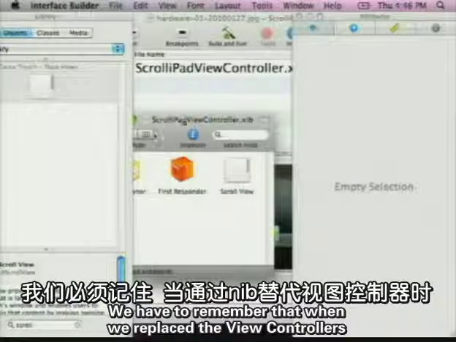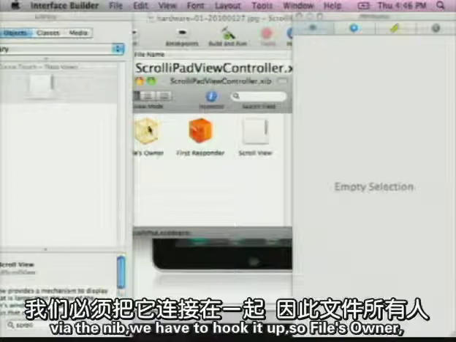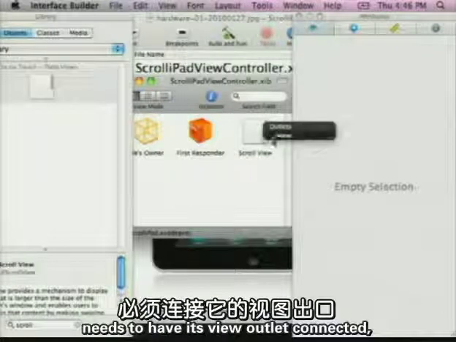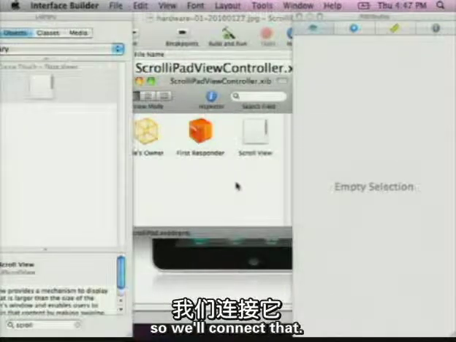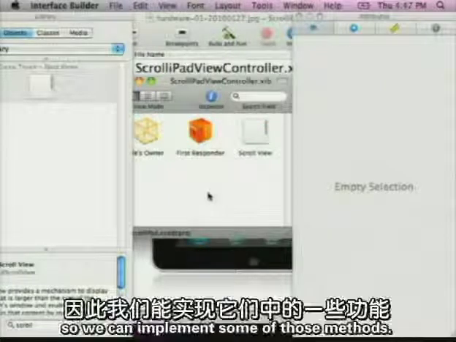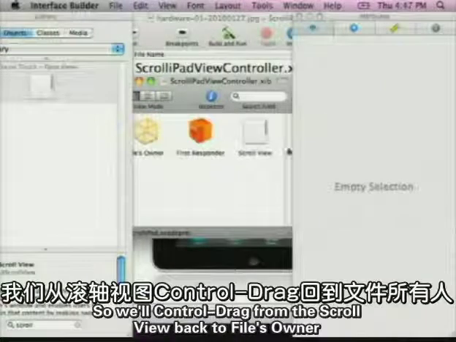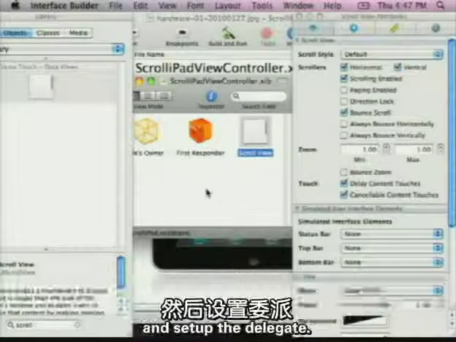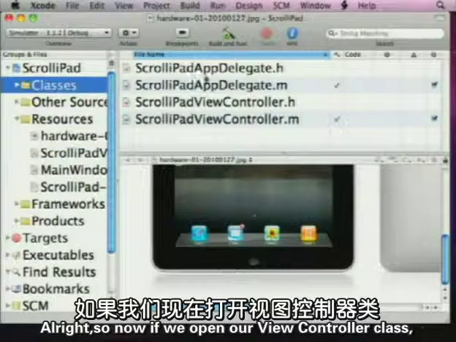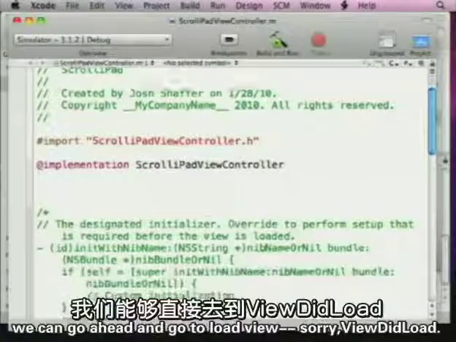We have to remember that when we replace the view controller's view in a nib, we have to hook it up. So files owner, which is our view controller, needs to have its view outlet connected. So we'll connect that. And we'll also hook up the delegate for the scroll view, just so that we can implement some of those methods. So we'll control drag from the scroll view back to files owner and set up the delegate. All right, so now if we open up our view controller class,